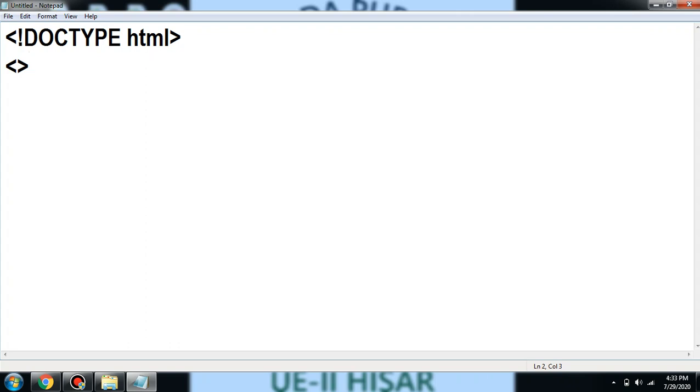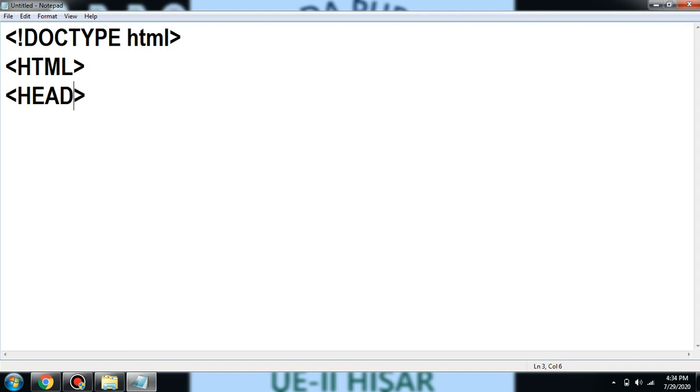Now the next tag is our HTML tag. The HTML tag is used for telling that this is our web document, web page. After HTML we will use the head tag. This head tag is used in an HTML document to add descriptive information to the web page.